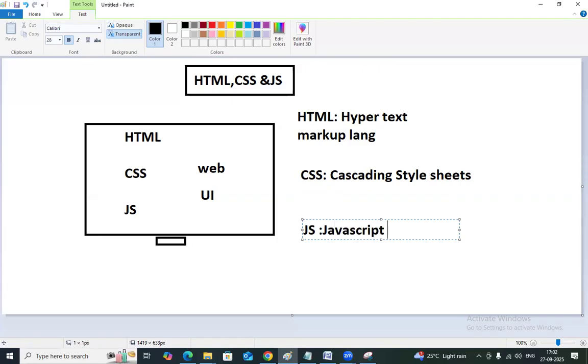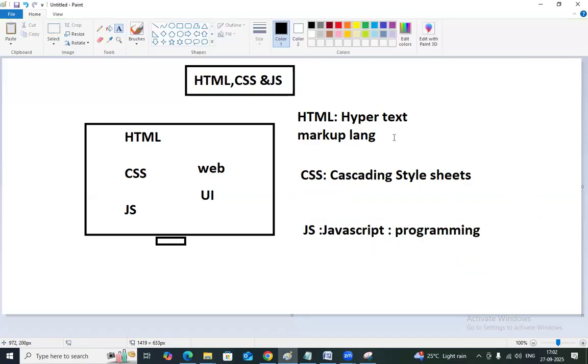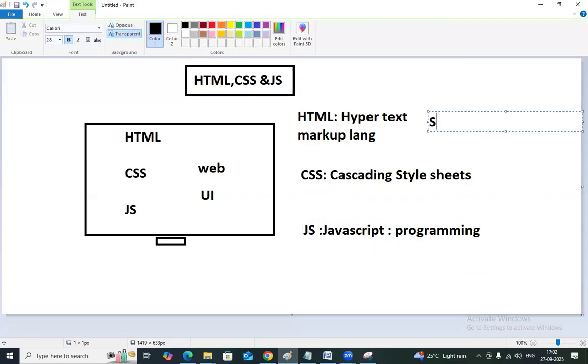What is JavaScript? It's a programming language. JavaScript is basically a programming language to make the pages function. Okay, what is HTML? HTML is